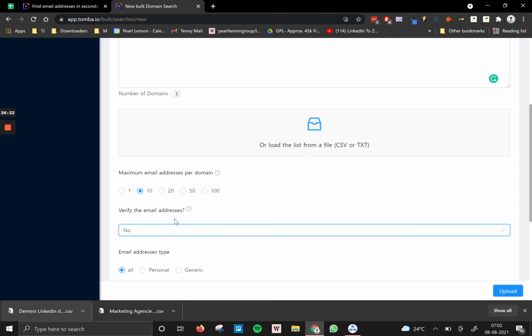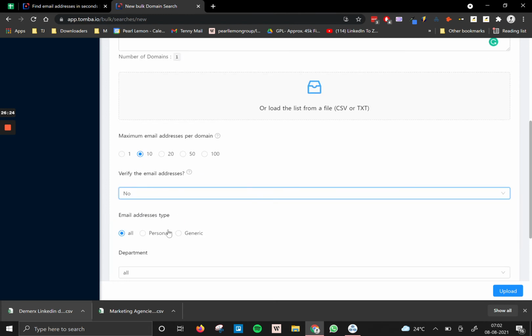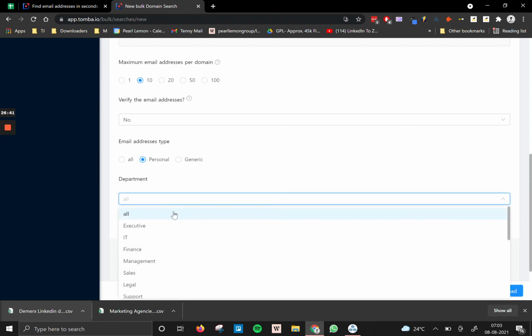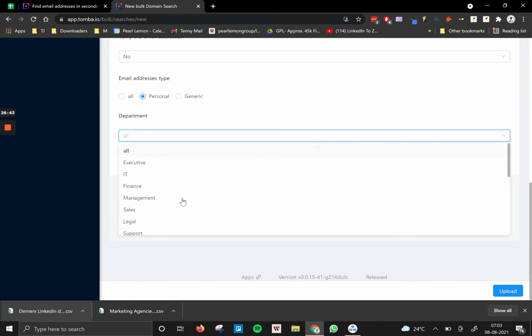Usually we don't need to verify the email because we're going to be using another service to verify. Then choose personal, since we want only personal emails, which is going to be like tenny@parliament.com. In case of generic, those would be like info@parliament.com. And choose a department if you're targeting any specific department. If not, choose all